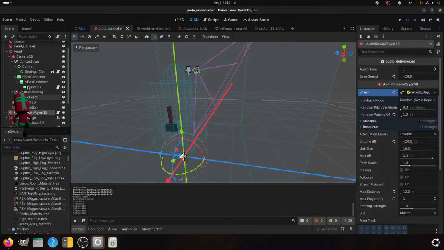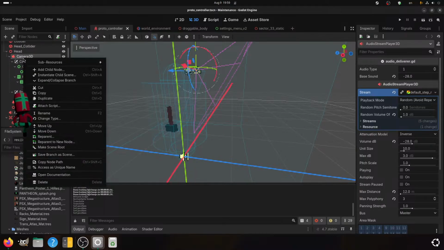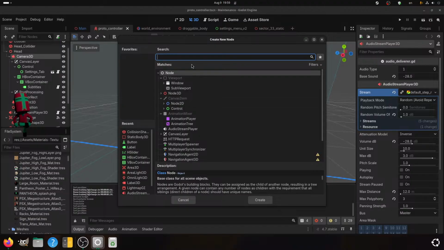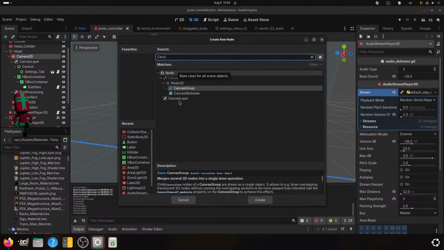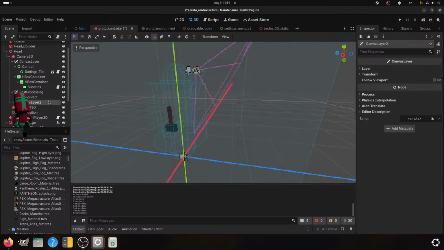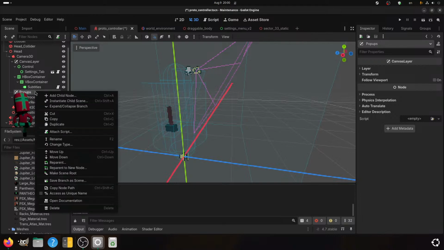We want now here another canvas layer. Create pop-ups. Not really pop-ups, but I don't know what else to call it. So close enough.